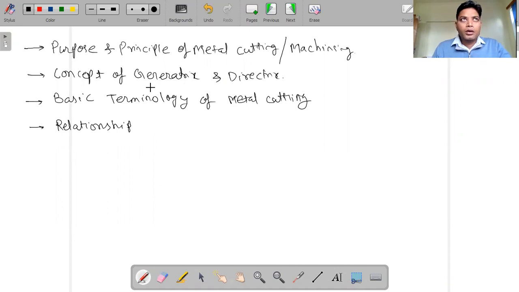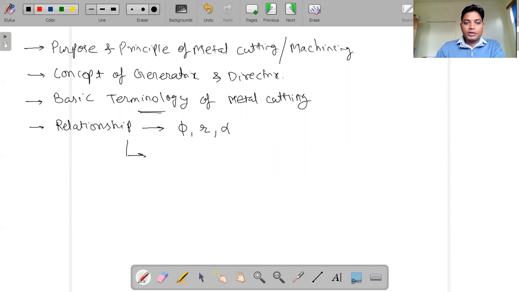There are different elements, like workpiece, chip, and tool, and when we machine, we keep the tool at different angles. So first we will find the relationships between phi, which is the shear angle, r, which is the chip thickness ratio, and alpha, which is the rake angle. Don't worry, I will discuss it one by one in the metal cutting terminology.